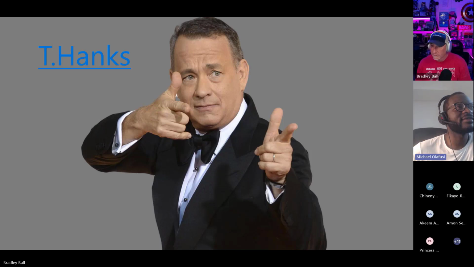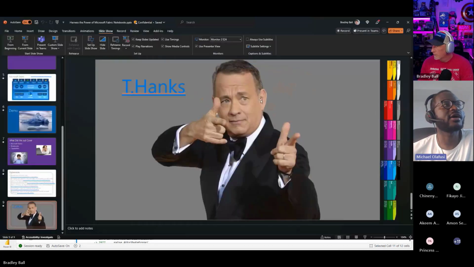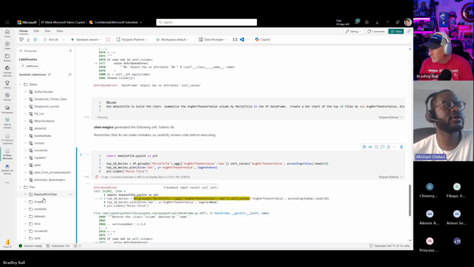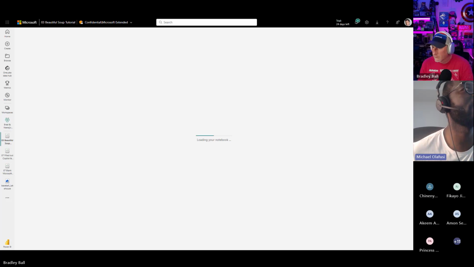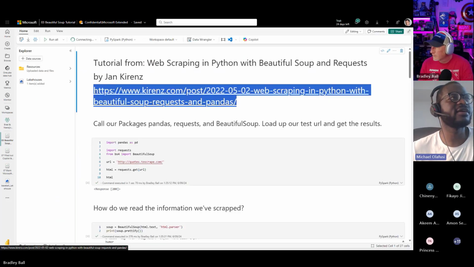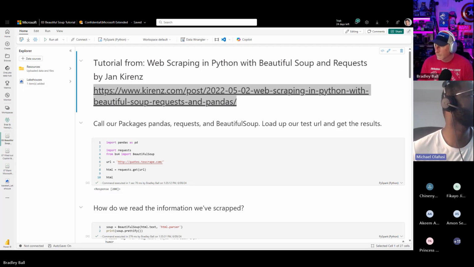So the first one, I think we skipped it, but I think we are all okay with whatever answer you give. While you were doing the Beautiful Soup example, you mentioned Jan Kirel and the site, and you had this code that showed how you are able to use Beautiful Soup to create a request to scrape. Someone had a question at that point, more like a request, Engineer Clifford. She or he was asking, is it possible to share the code in the chat? I guess the person wants to try it.